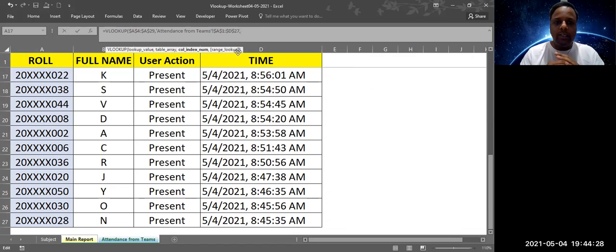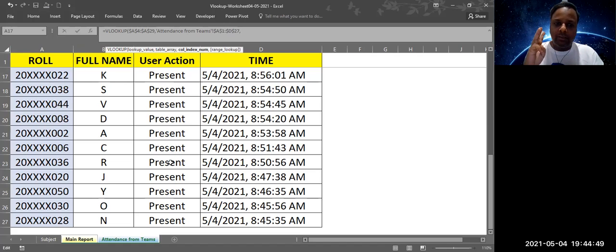So now what it is asking is, in which column do you have the answer of what we are looking at? So in this sheet, now if I analyze this, I see the first column is roll number, second one is full name, and the third one is user action, which shows present or absent.